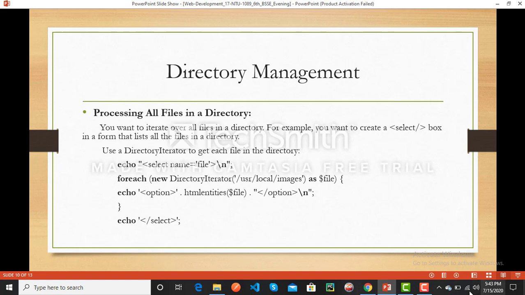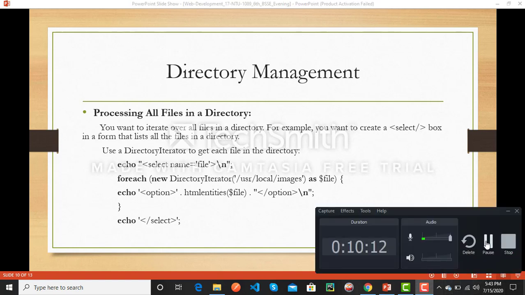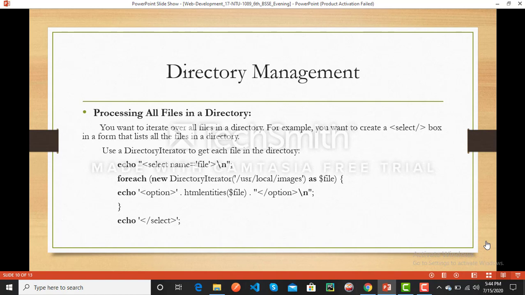Further explaining DirectoryIterator: it yields one value for each element in a directory. That value is an object with some handy characteristics. The object's string representation is a file name, with no leading path of the directory element.